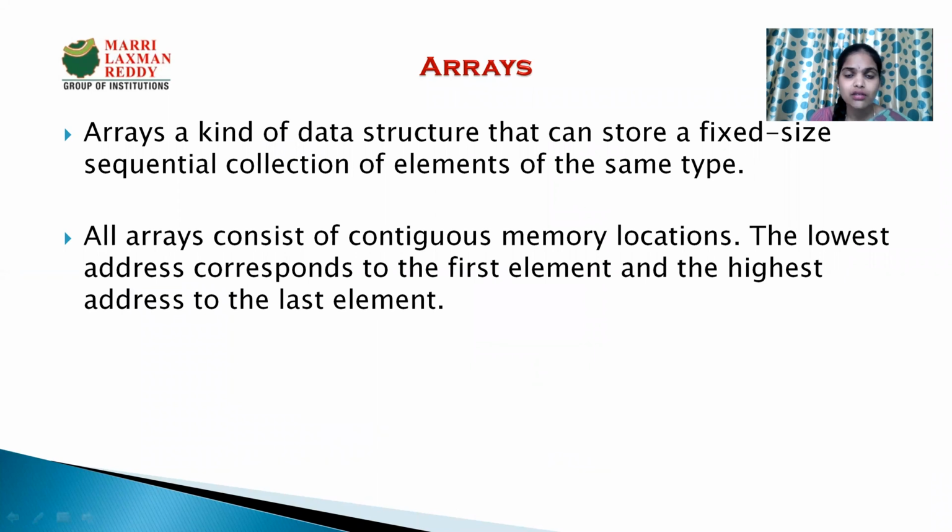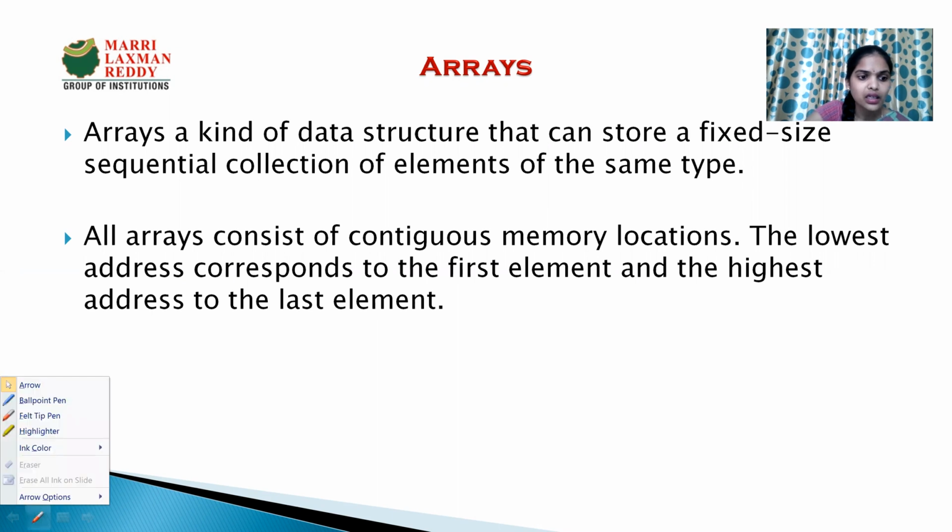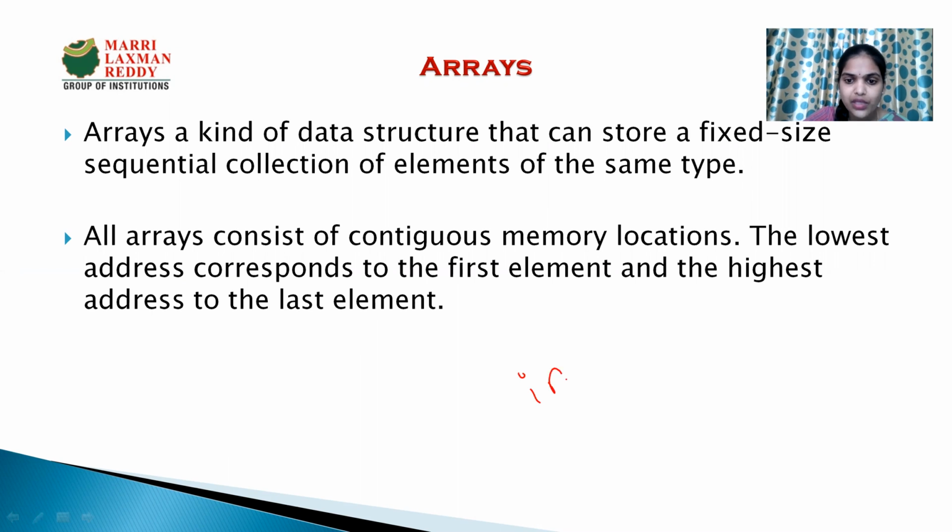Generally, before knowing arrays, why do we have to use arrays? Basically, we declare a variable with any data type. Suppose I want to declare an integer variable, I write it like this. If I want to assign a value, I assign the value to it. It means here a is an integer variable which is holding only the value 10. If we want to assign one more value to a, it is not possible. This 10 will be overwritten by 20. It means with this general declaration, we can assign only one value to the variable a. We cannot assign more than one value to the variable a.